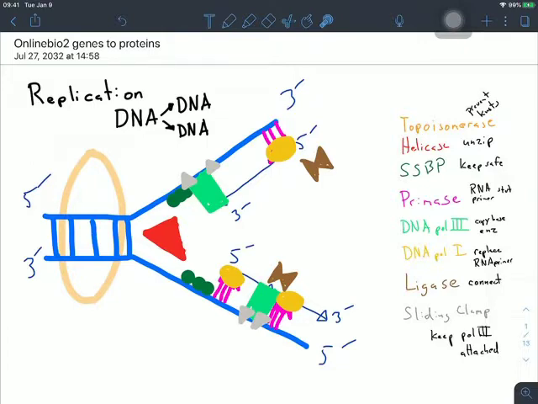The components of that synthesis begin with primase, an enzyme that anneals an RNA primer